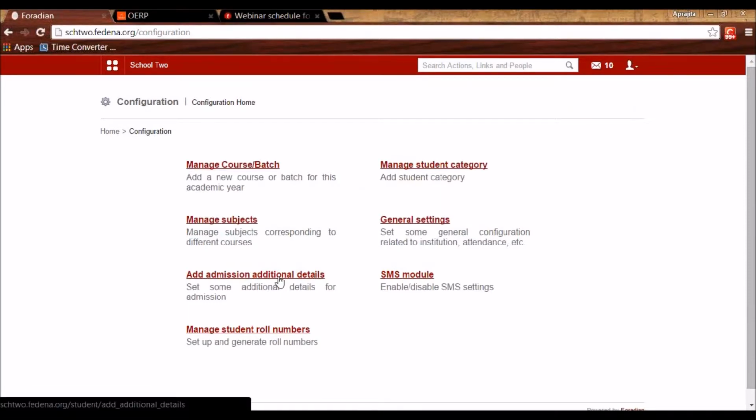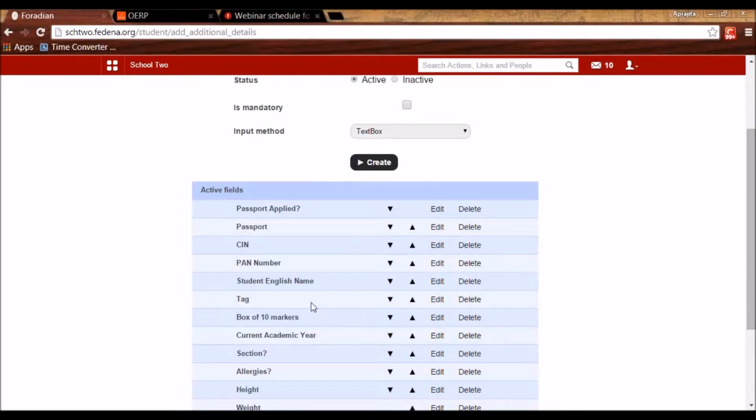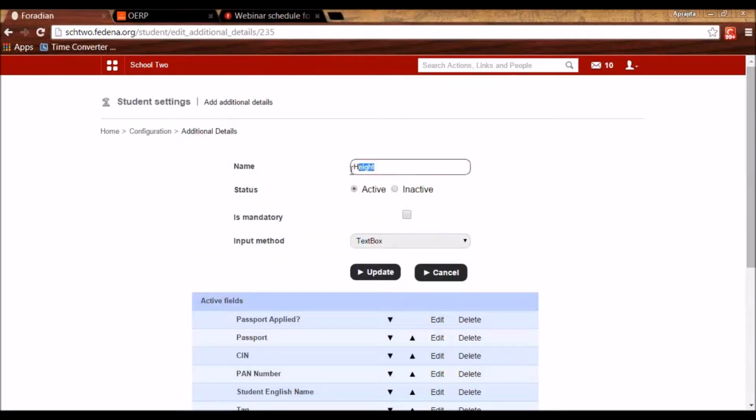Then we have add admission additional detail. So these are the custom fields that you want to take the data for. For example, if I want to take the height and the weight of the student that I'm admitting, I will create those fields here. So I will give the name of the field to be height.